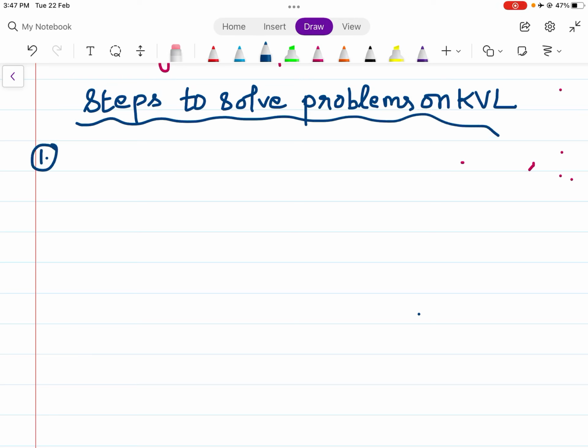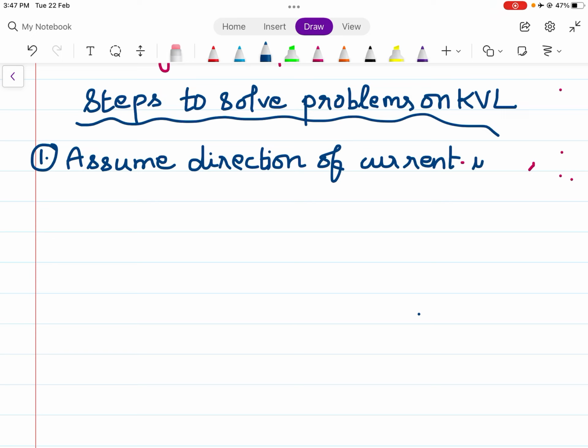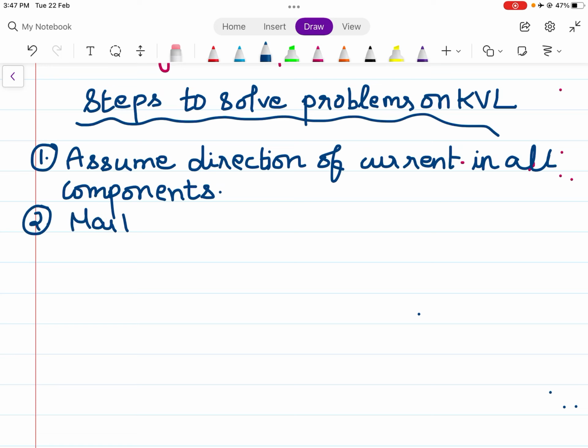Step number 1, assume direction of current in all components. Second, mark plus and minus as per sign convention